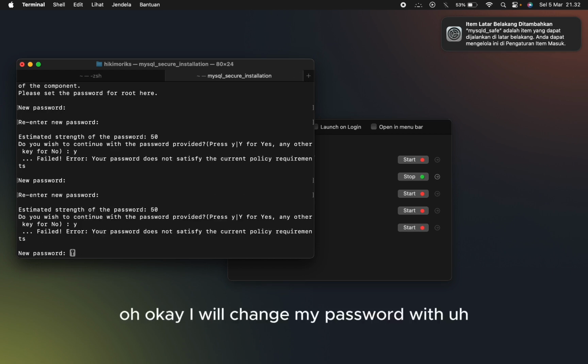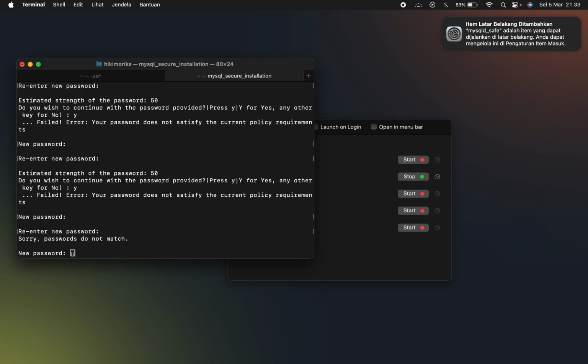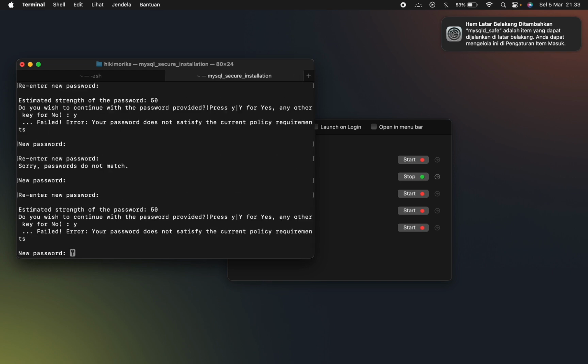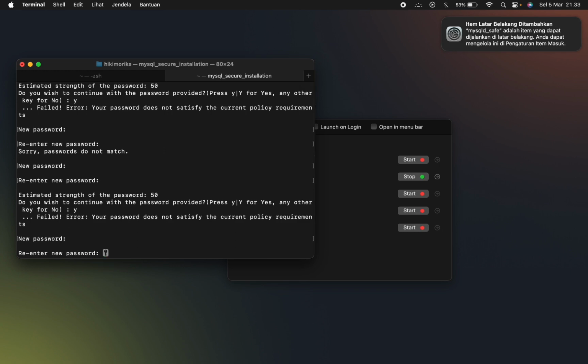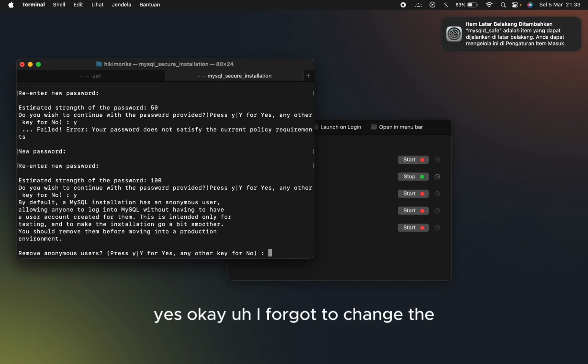Okay, I will change my password. Yes. Your password does not satisfy the current policy requirement. Okay, I forgot to change the current policy requirement in the emergency server.